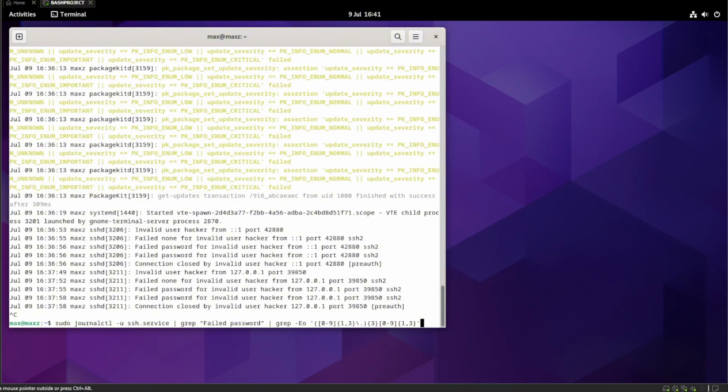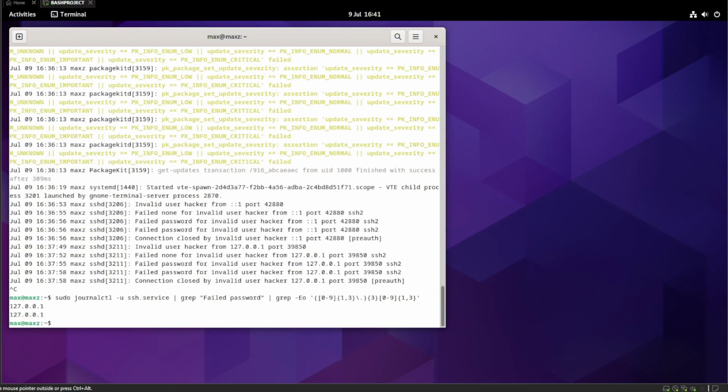It just makes sense. So if we run this, you'll see that it's now taken exactly the IP addresses that have been trying to SSH into our system. It is as simple as that. Now, we will be using another type of regex